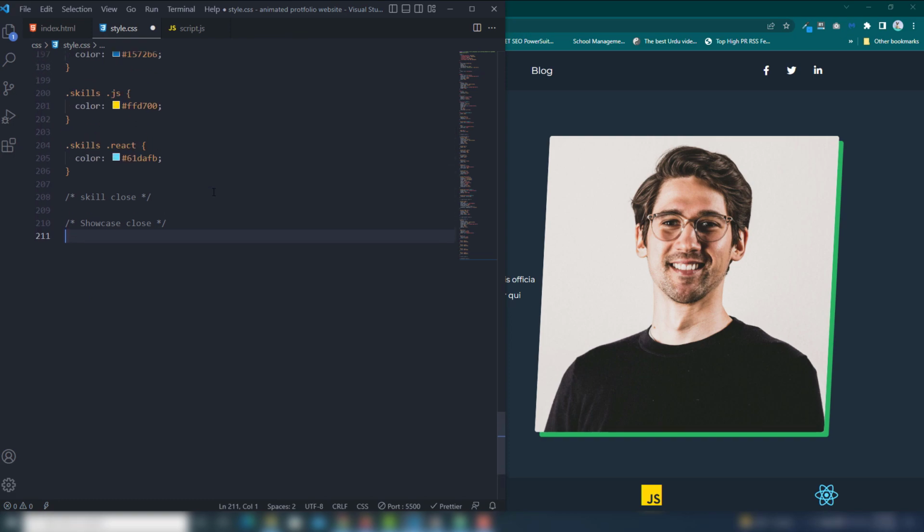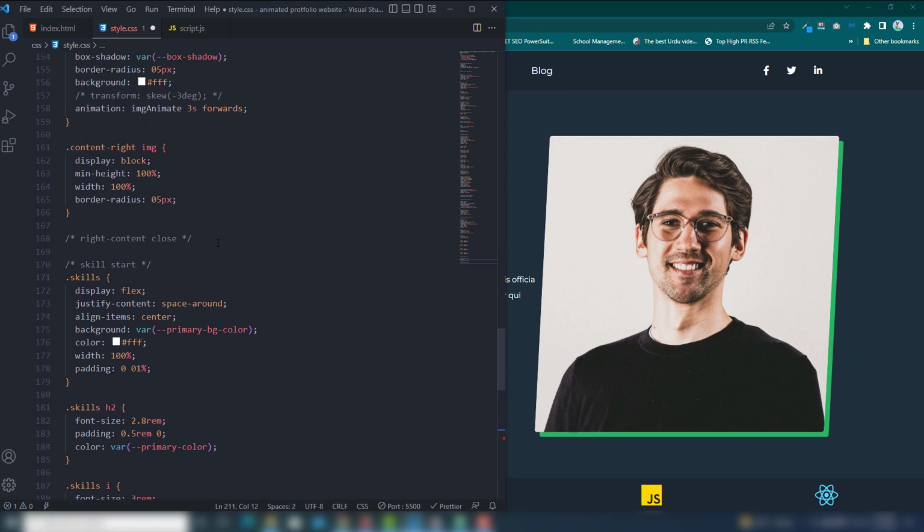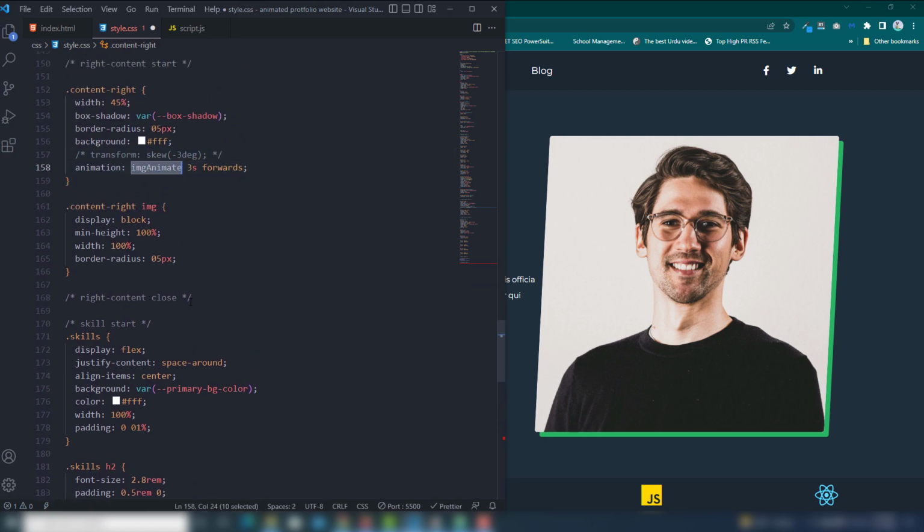So I go down below and I call the animation start and animation close. So you need to use @keyframes and call the animation name, image animate.